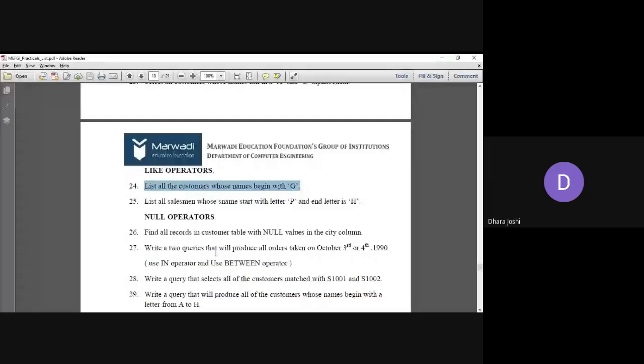I think it was proper, but due to some network connectivity, it is not visible to you.